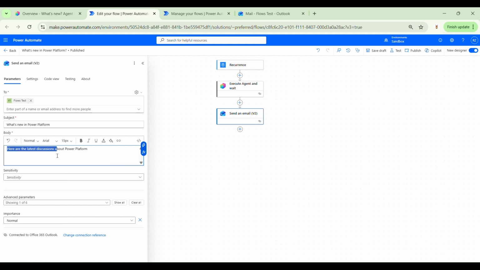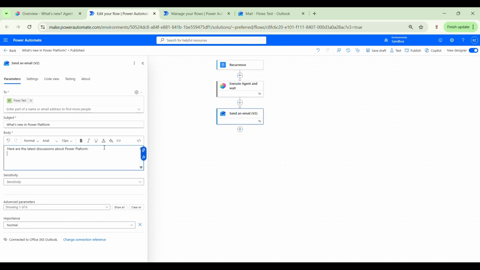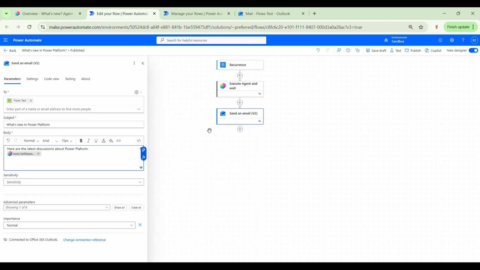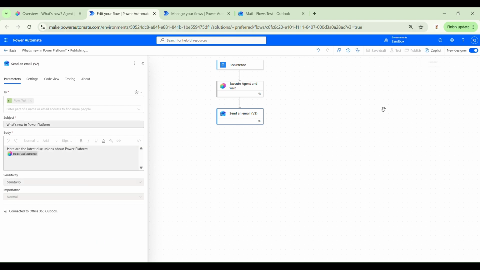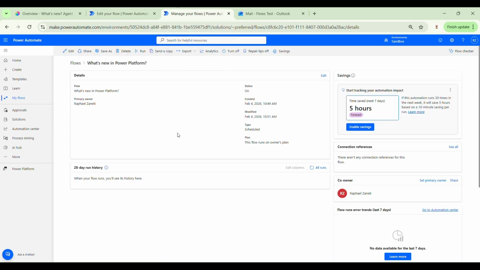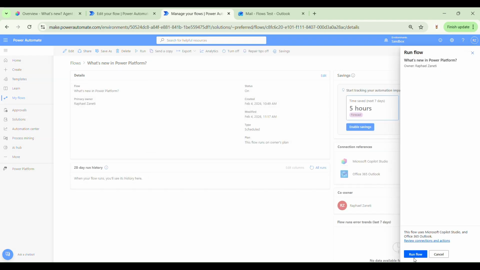Now, in addition to this static text, I'll just include a reference to my last response property from the Copilot Studio action. And this is already good enough, so I'll just save this flow as it is. The flow is now saved, and here in this other tab, I already have the full details page of this same automation. So I'll just hit run,